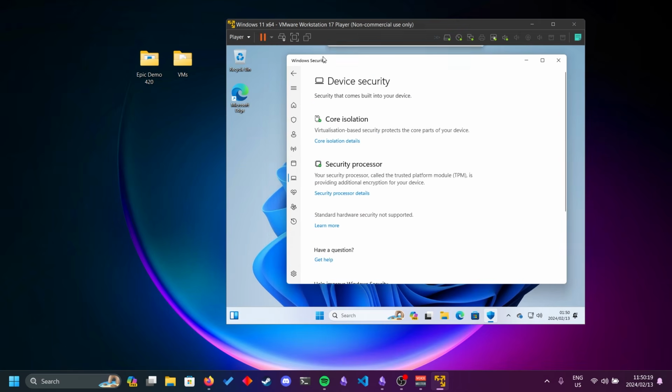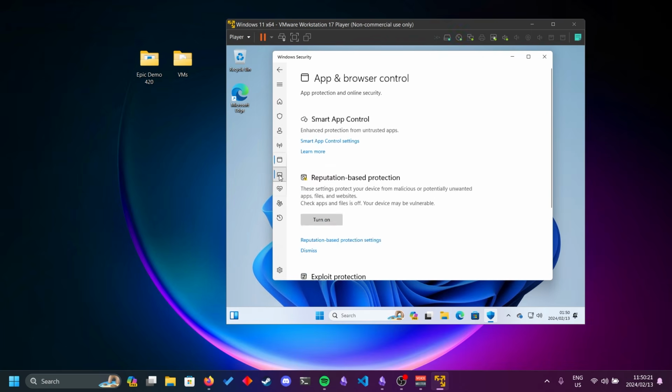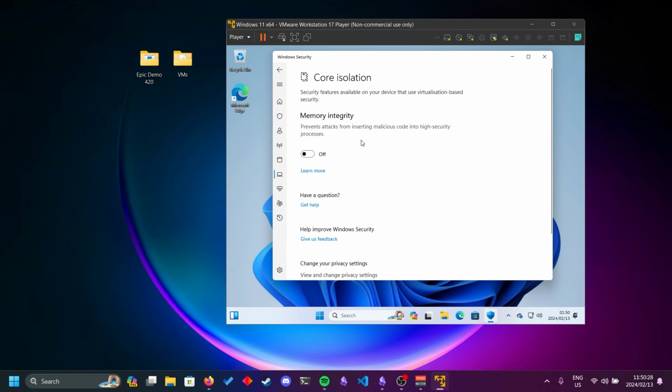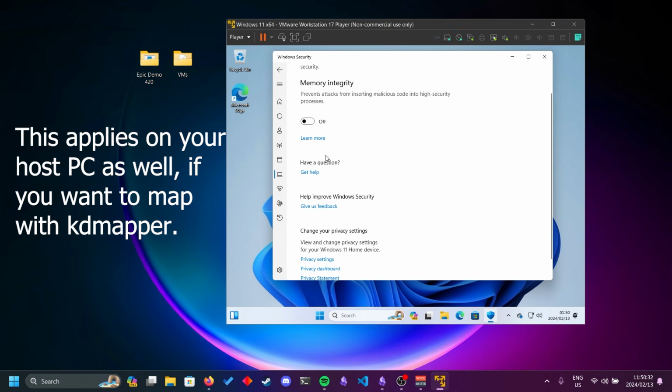This is where it gets quite important, because now we get into an interesting part here, which is, I believe, called device security. You should have a tab over here called core isolation. Make sure memory integrity is off, and you might have an extra box over here, which I'll show you on